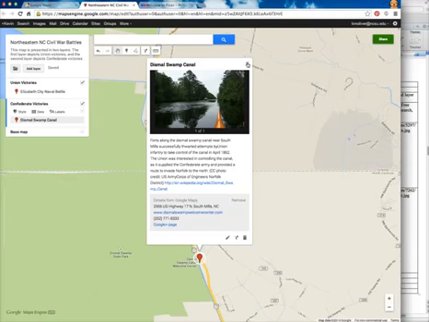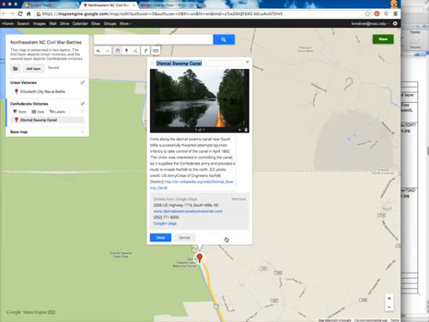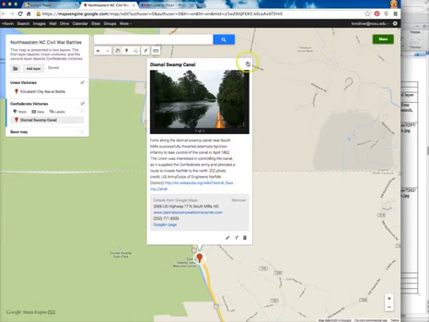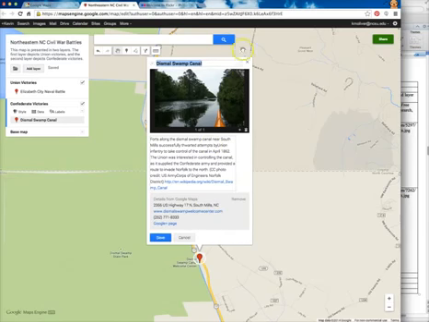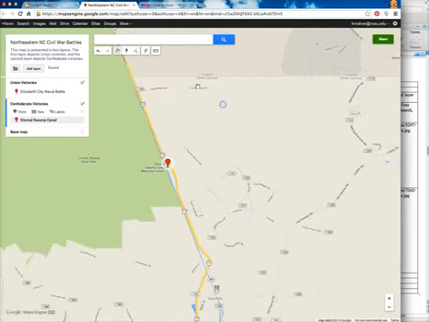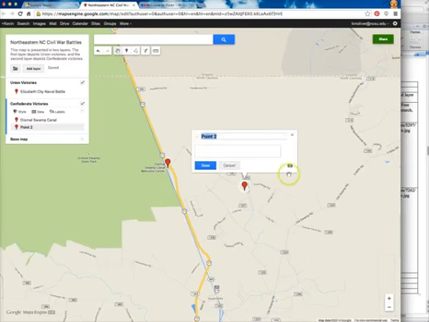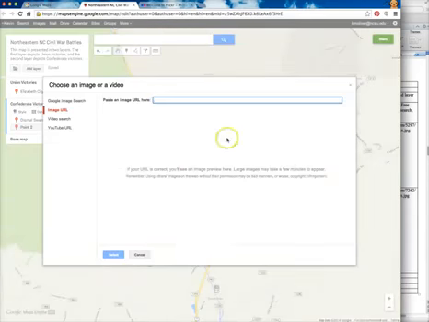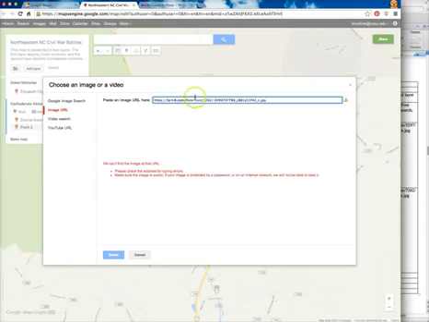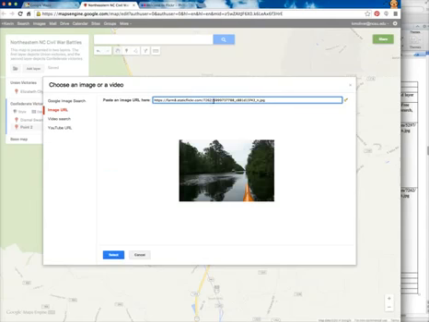One thing I wanted to show you, which I know creates problems for students sometimes, is this idea of popping in these photos from the search. So let's just put another place mark down here to show you what I'm talking about. When you click this Add Image or Video button, as I mentioned, if you know in advance that you can just pop in a URL here, that's all well and good, but how did I get to this URL in